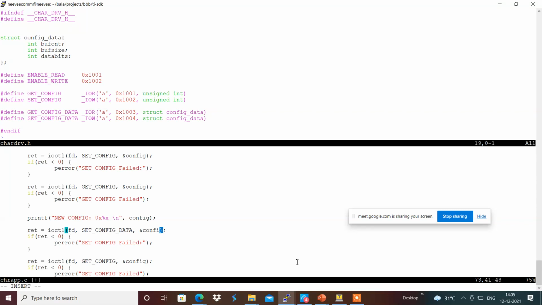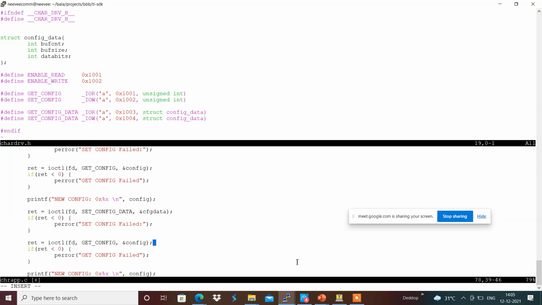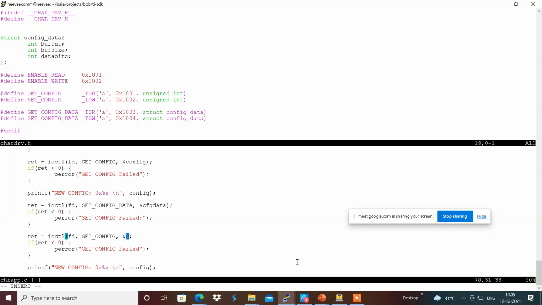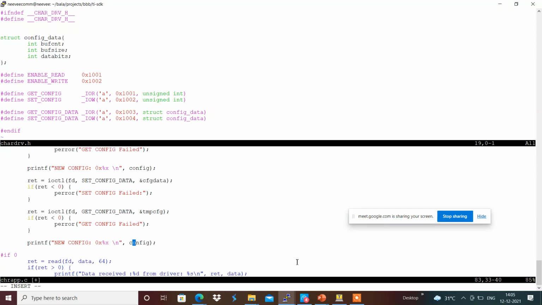In this we are going to receive back the data, and we will be printing the new config: buff count equals %d, buff size colon %d, and data bits colon %d, with temp cfg dot buff count, temp cfg dot buff size, and temp cfg dot data bits.